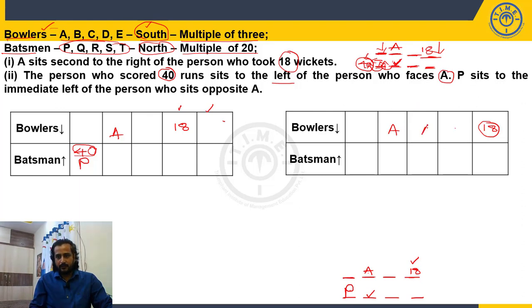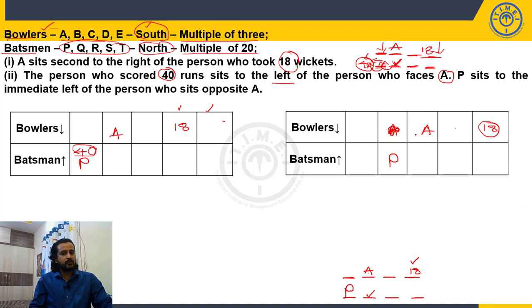Okay, I'm sorry. A will be here. Second right. I'm extremely sorry. A will be here, and this will be definitely P, without any doubt. 18. A is second right of 18. P is immediate left of the person who is sitting opposite to A, and we need to place the number